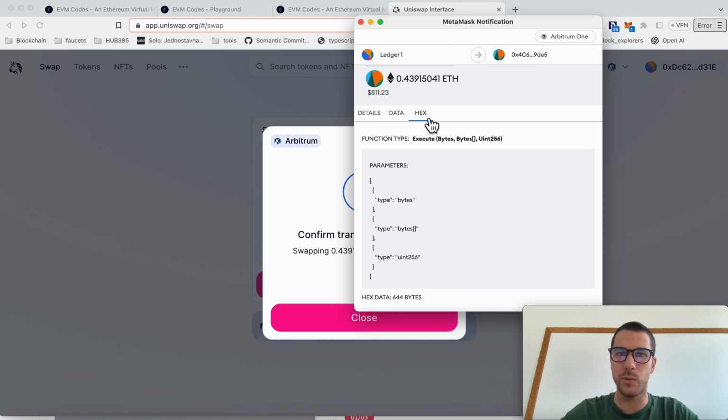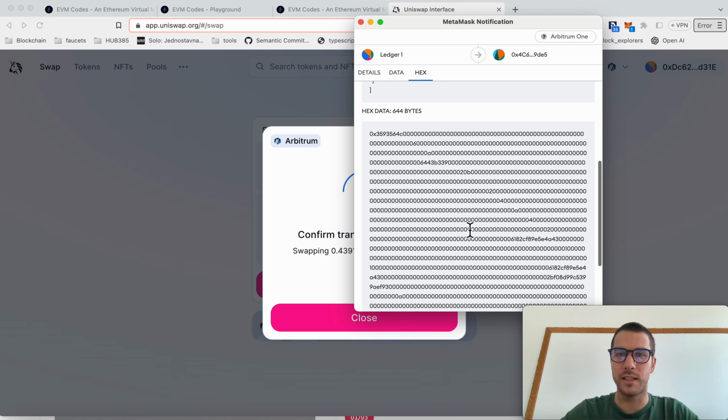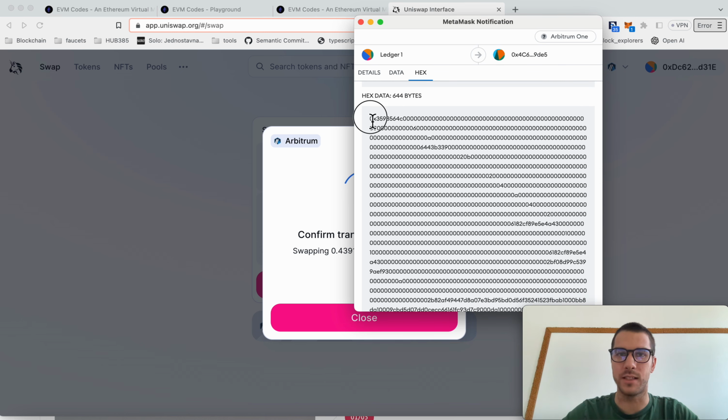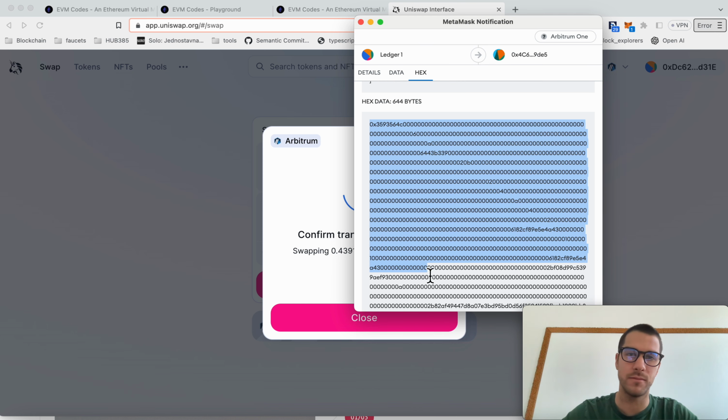And here, if we go under the hex tab, we're actually trying to execute a specific function which accepts certain parameters. And here we can check what call data we are passing. This is a big chunk of data, so maybe it doesn't mean anything to you, but